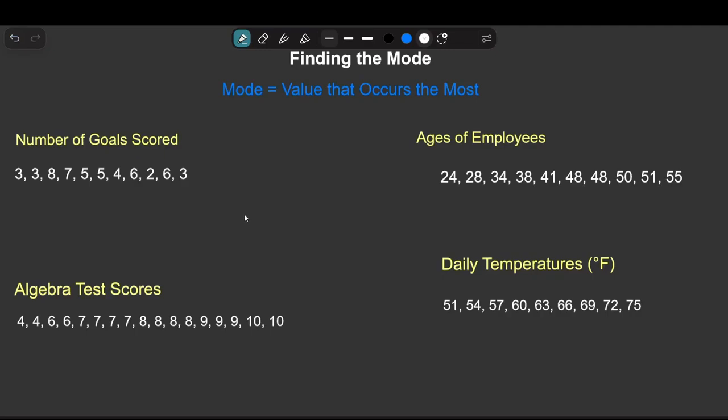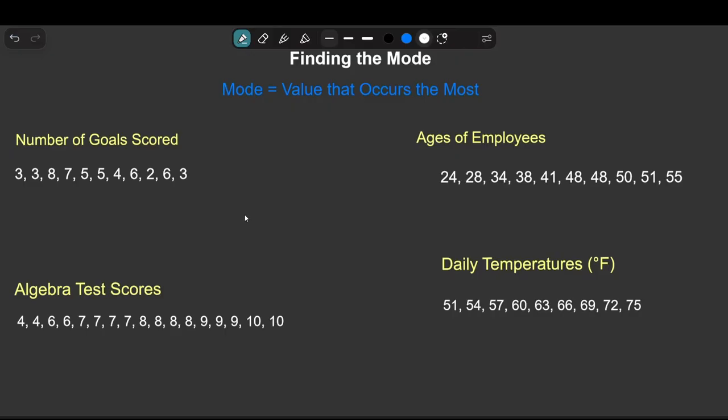In this video I'm going to cover how to find the mode of a dataset. Now, the mode is the value or multiple values that occur the most within a dataset. It's even possible to have no mode. We will see what all of this looks like as we go through our examples, starting with number 1, where